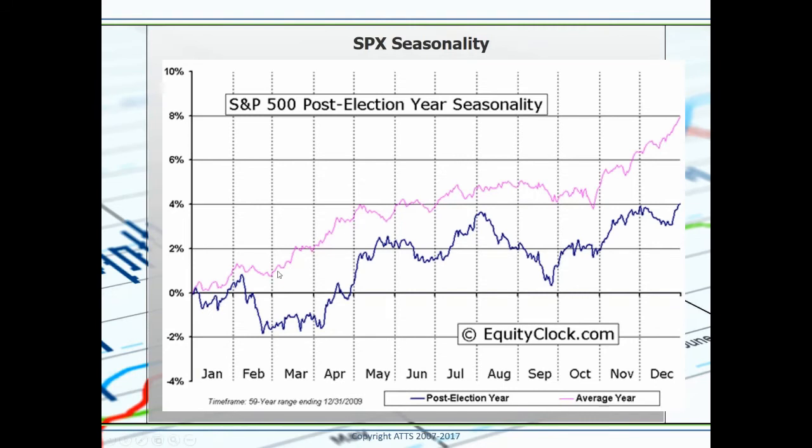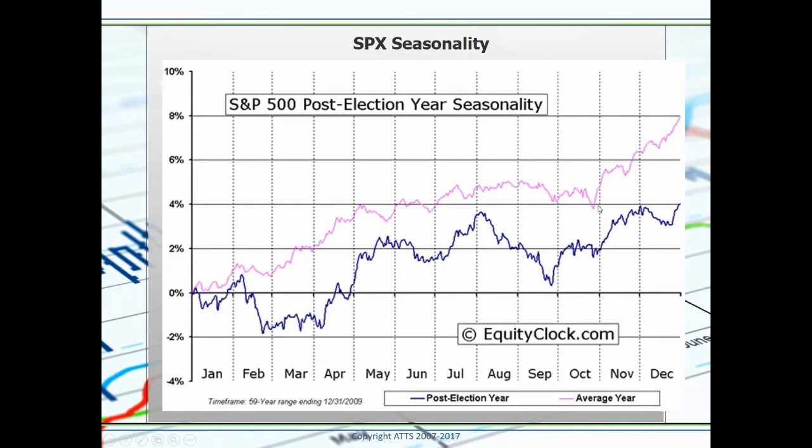The S&P is following kind of along the course of the pink line, which is just an average year. And it's basically got into August now, and it's kind of pushing sideways. And we expect it to fall off a little bit into the September timeframe, and then get set up for a nice move towards the end of October, the Christmas or Santa Claus rally, a lot of people call it. But